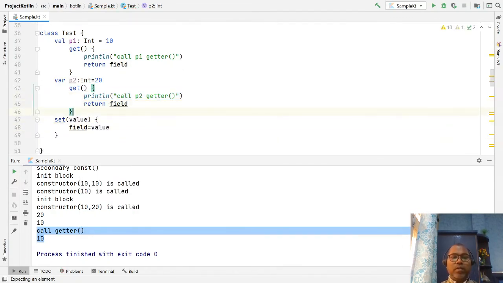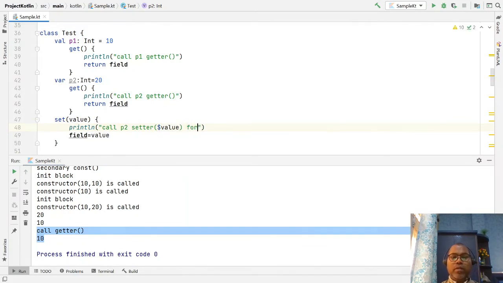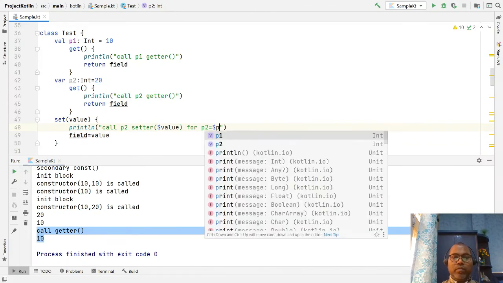Here you can write setter with the dollar sign, with the value: fill p2 equal to dollar p2.